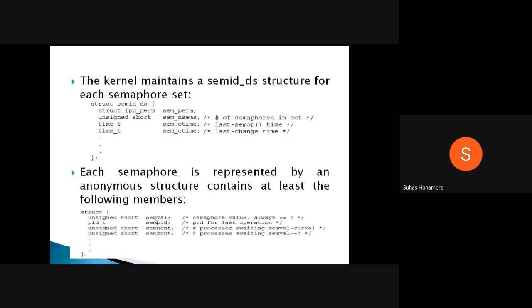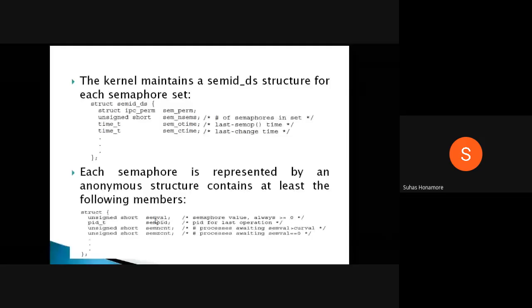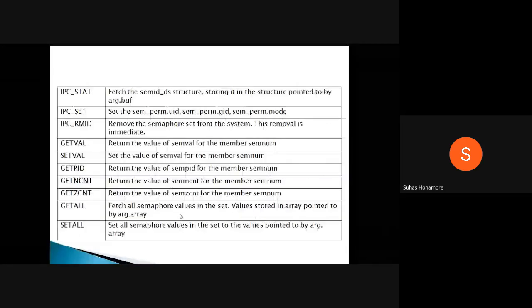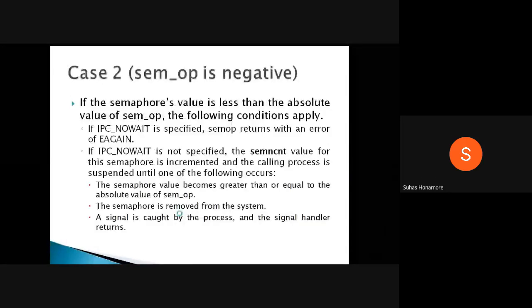This value is what is internally maintained as the semaphore value. Whichever operation you want to do, at that time you will send some negative value. The absolute of that value is checked to see if it is greater than or equal to the semaphore value. Depending on greater or equal, you have different things. If it is less than that, some operations will be done, which we will study.